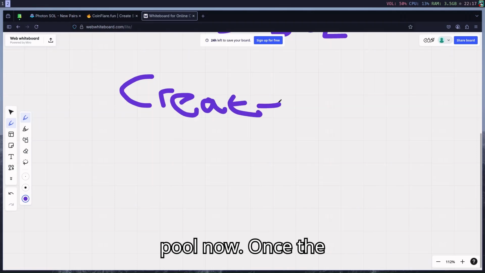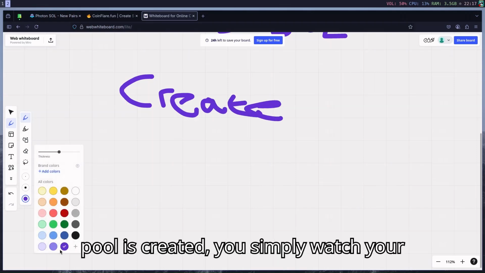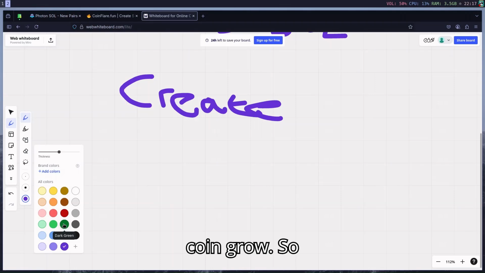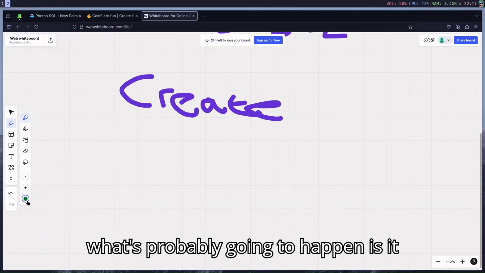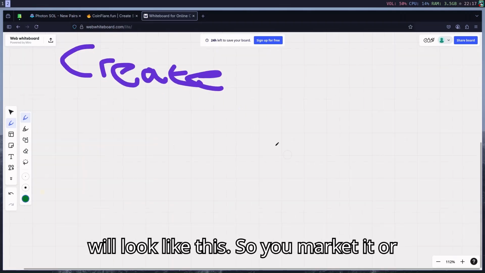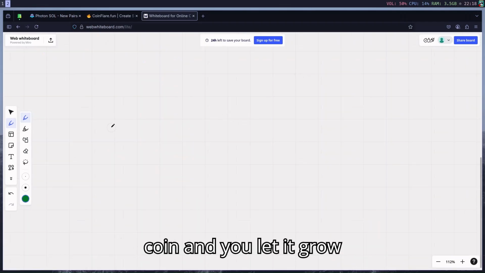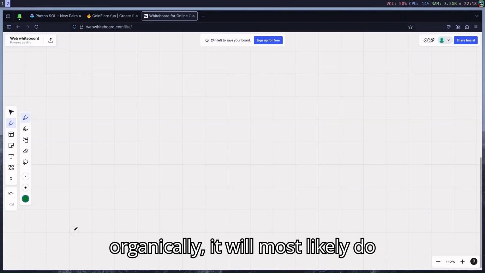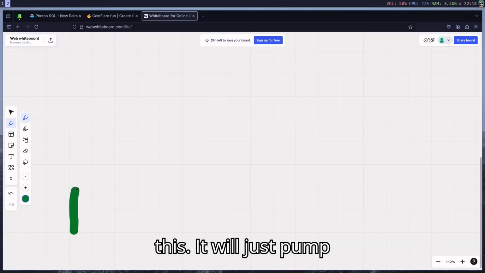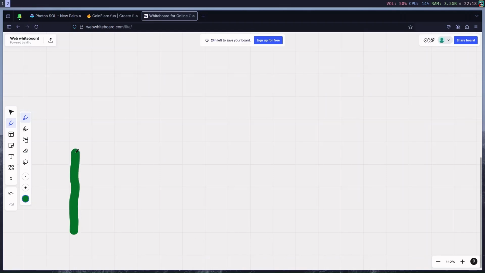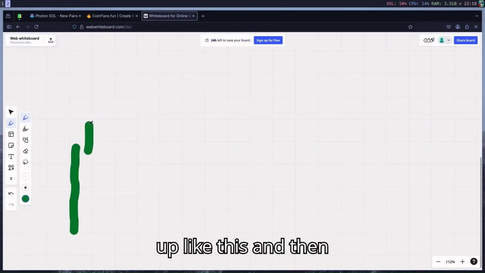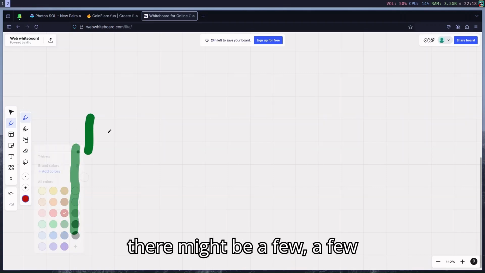Now, once the pool is created, you simply watch your coin grow. So what's probably going to happen is it will look like this. So you market it, or maybe you don't. Maybe it's just a good coin and you let it grow organically. It will most likely do this. It will just pump up like this, and then there might be a few